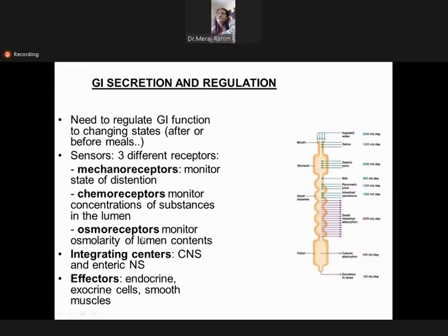So the GIT contains receptors, and they support the nervous system so that they cause different types of secretions and motility. The mechanoreceptors in the GIT will support the motility of the GIT. And they communicate with the enteric nervous system, which is the short loop, because the enteric nervous system is present within the GIT. Then there is a long loop, that is the vagus nerve, which goes towards the brain.